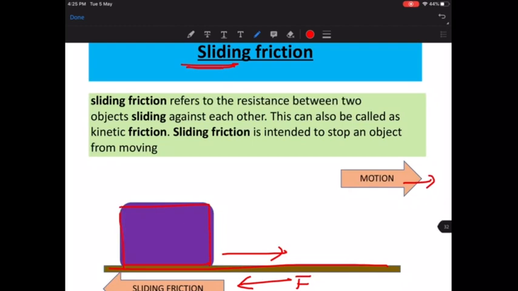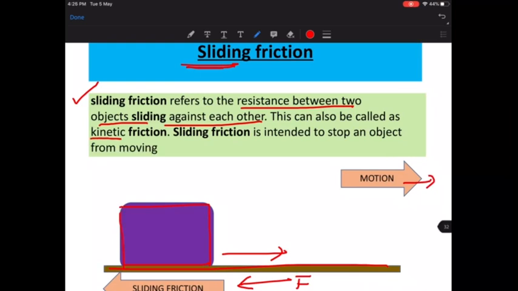What kind of friction is this when the object is sliding over the other object? It is sliding friction. Sliding friction refers to the resistance between two objects which are sliding against each other. Any friction between two objects, if they are sliding, is sliding friction. Is it easy for all of you to understand? Umesh will talk about dynamic friction also. Just hold for some time. This kind of friction is also called sliding friction. This is also known as kinetic friction or dynamic friction. Does it answer your question?